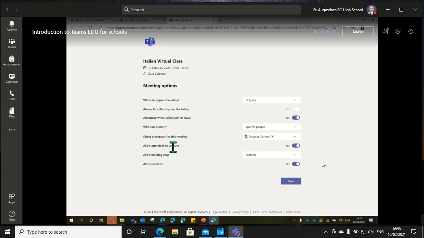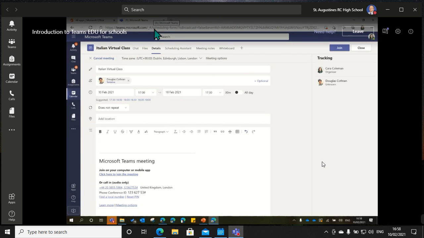We can decide to allow the attendees to unmute or not, maybe not. I want to be able to control that. I want to allow or not reactions or likes and stuff like that, or GIFs, and I want to allow the meeting chat or maybe not, or just in a meeting and not before, not after, just during the meeting. I'm going to save this and I'm going to join the meetings here,